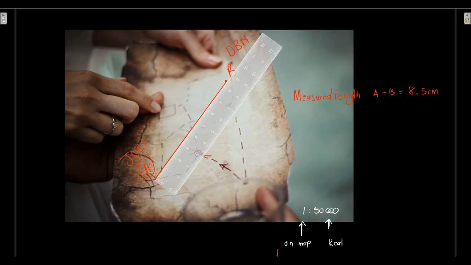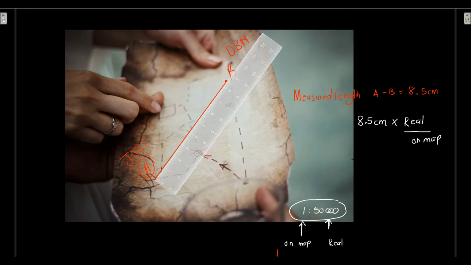We are literally going to take that 8.5 centimeters, because that is the measured length on the map, okay? And you're going to multiply by... We are going to use the scale to determine the real life distance. So we're going to multiply by what we want, which is the real life, and we're going to divide by what we have, which is the distance on the map. If we do this, we will be able to determine the actual distance from Johannesburg to